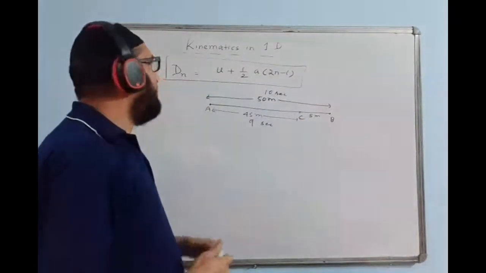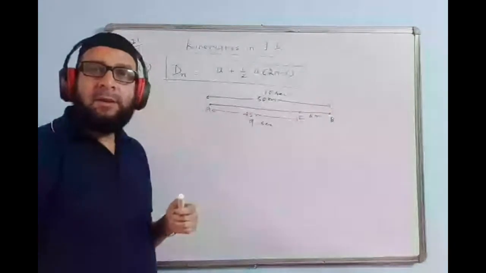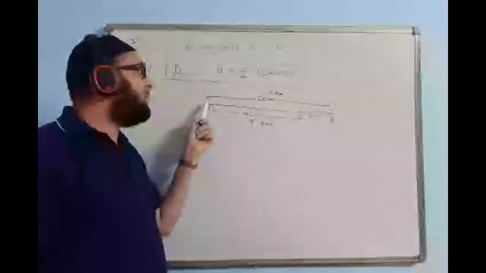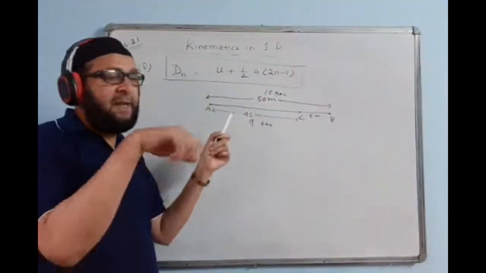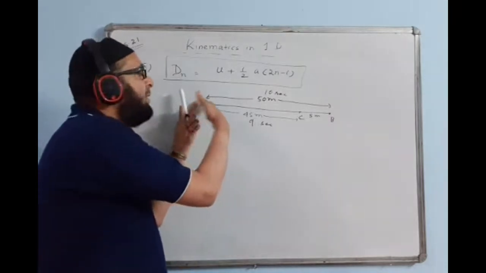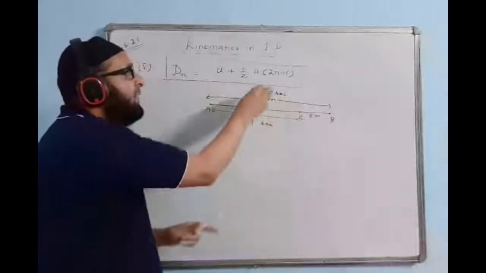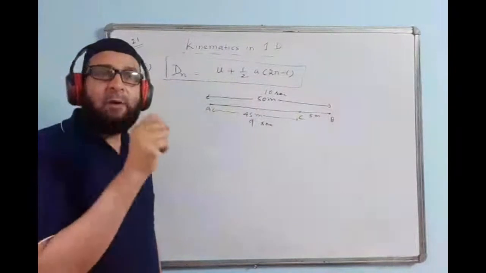That means to find the distance covered by the body in the nth second of the time, or the 10th second of the time, we are calculating: first, we find the full distance covered in 10 seconds, and then we find the distance covered by the body in 9 seconds. When we subtract these two distances, we'll get the distance covered by the body in the 10th second of the time.